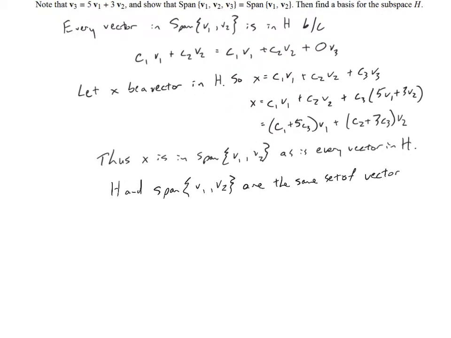They're the same set of vectors. And moreover, V1, comma V2 form a basis for H, because they're linearly independent. I can check that the two vectors are linearly independent because they don't scale each other, but they form a basis for H. Okay, so that problem is a little bit more involved, but the purpose of it is to introduce